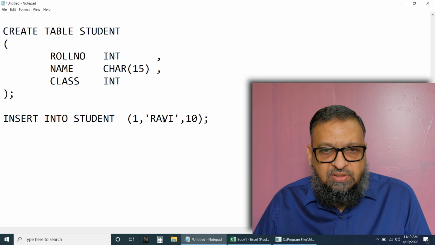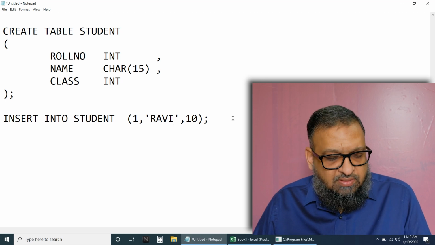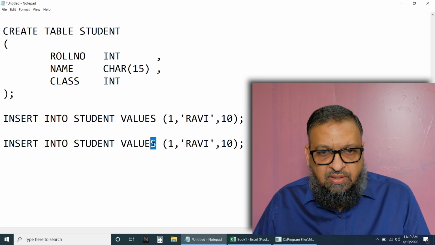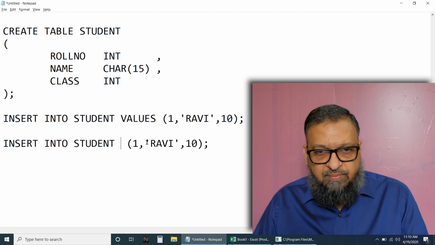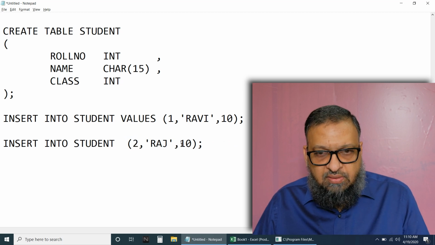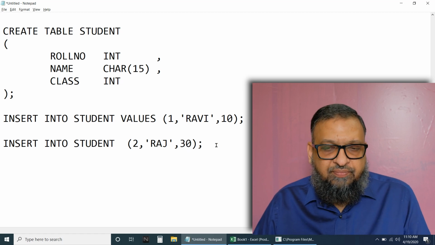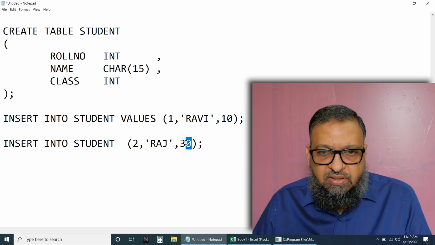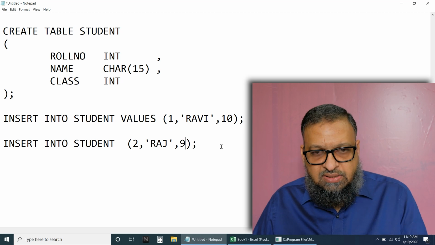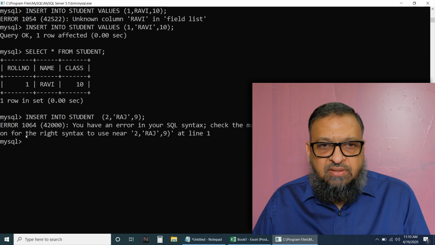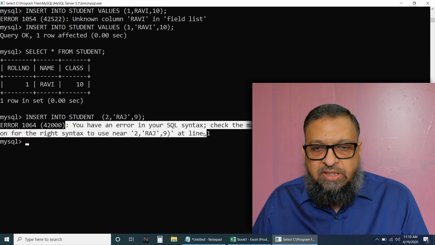I will copy paste down, I will remove these values, and put Raj, okay, 9th class, copy paste, and see it is showing an error, okay.